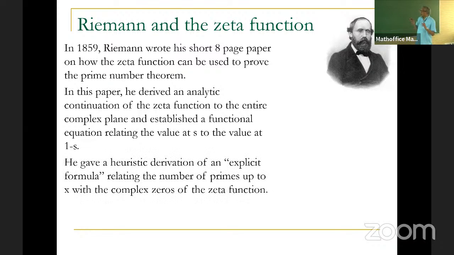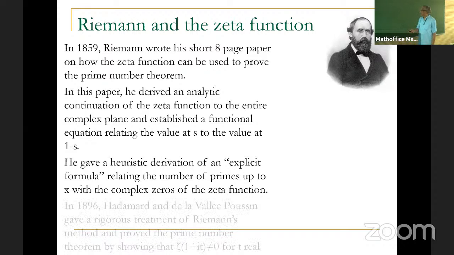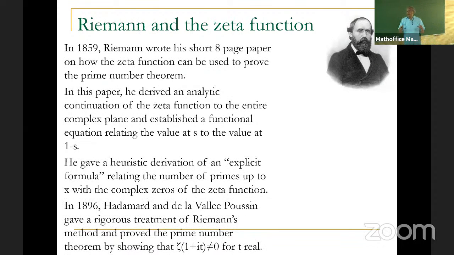He gave a heuristic derivation of an explicit formula for the number of primes up to x, connecting it with the complex zeros of the zeta function. So for the first time in the history of human thought, we see an intimate connection between the distribution of prime numbers and the zeros of the zeta function. That there's an identity between the two. And somehow you had to understand the zeros of the zeta function if you wanted to prove the prime number